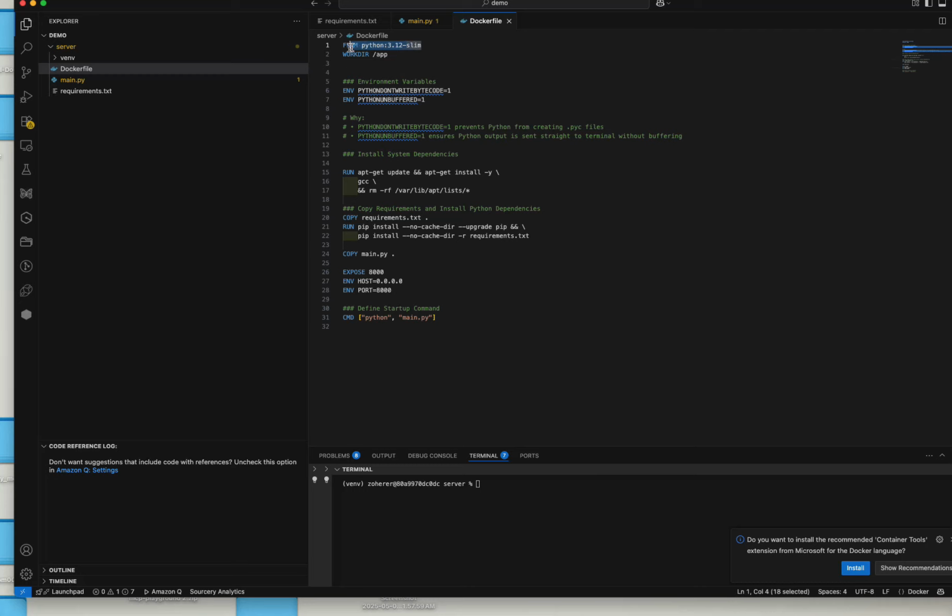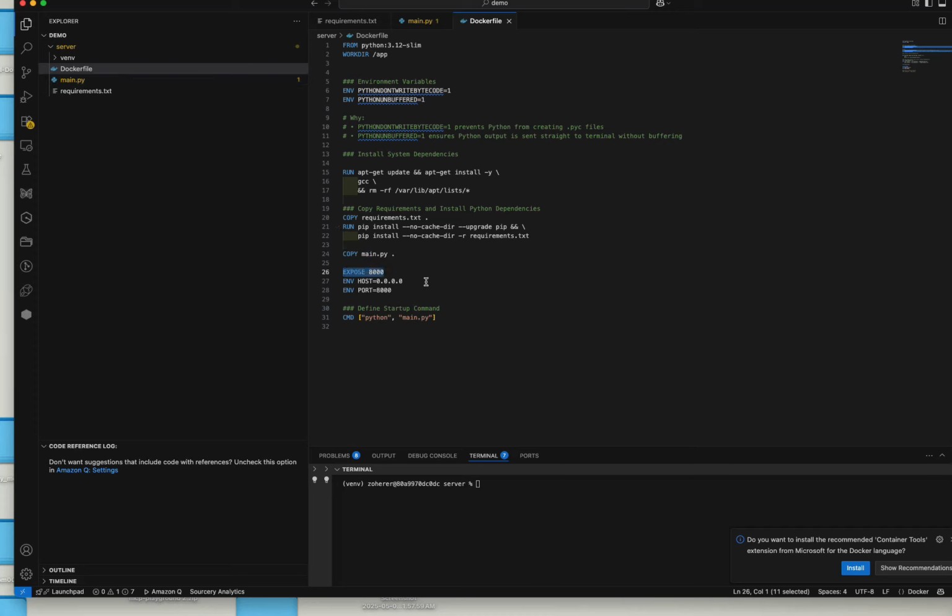So first we have defined our image, what kind of a Docker image we want. This is what we are using, which is a working directory given, and then we are installing all the dependencies. Now this is where you are updating your solution and removing unnecessary files. And then you have the requirement step which we did basically. So we are copying our requirement file, and then we are running pip install, which we did before setting our server. And then we copy our main file because that's the one which we have here, and